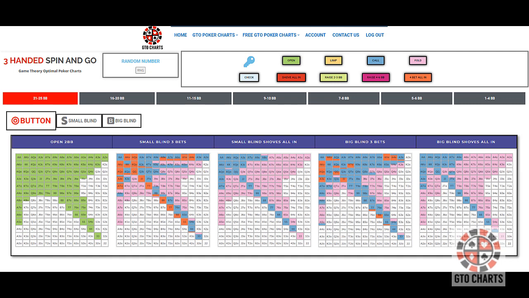Anyway, here we are, three-handed Spin and Go poker charts. As you can see, it's a very exciting color scheme that I've dreamed up, and I'm excited. Hope you are. First up, we see our key up here, which is basically a color code of the actions that